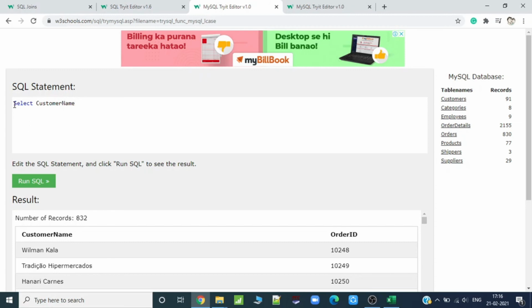So I would just use customer name from customers, and I would write C1, comma, again customers, and I will write C2. So I would write C1 dot customer name, comma, C2 dot customer name.